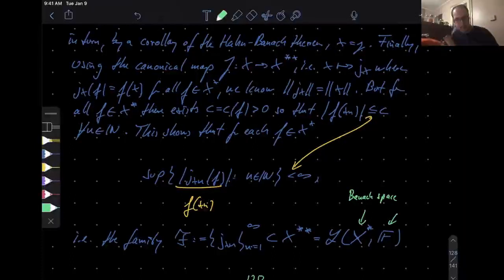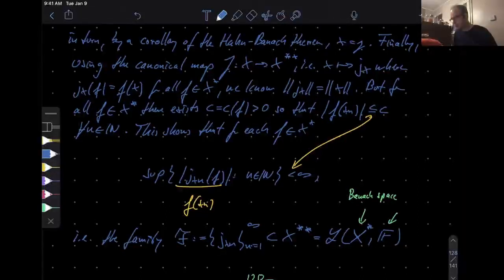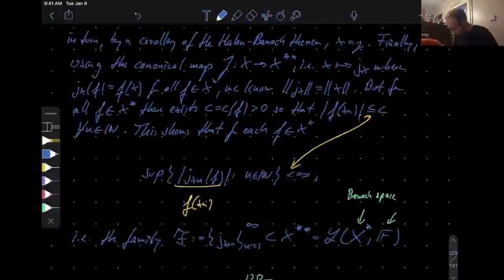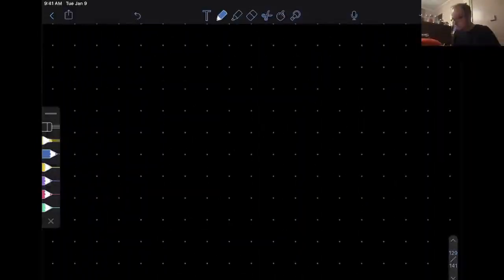And that's the only thing that I need for an application of the principle of uniform boundedness, that the domain and codomain spaces are complete. And they are here because I work here with a family of elements in the bidual, right? So that's why this is enough. You don't have to assume completeness here of your normed linear space, okay? So this family is pointwise bounded.